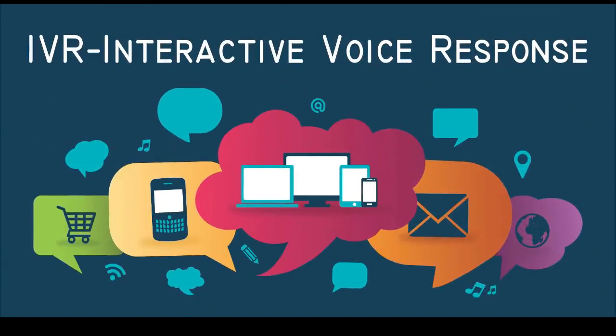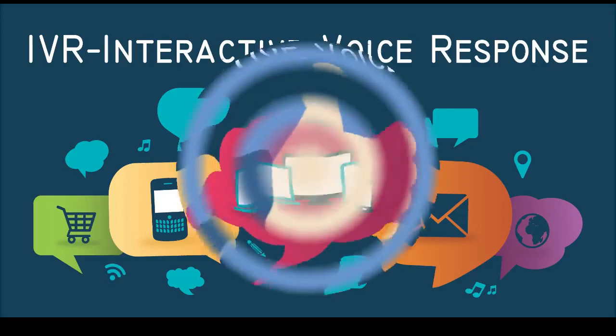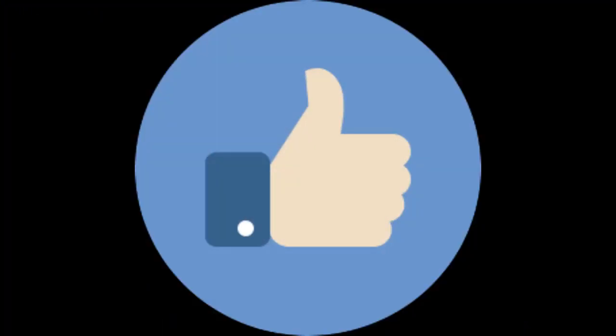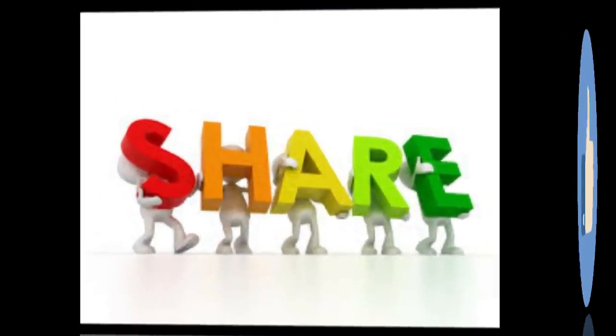IVR, that is interactive voice response, is something where through voice we get the response. For example, when we call somebody and if the person is not receiving the phone, then an answering machine will reply. So that is something like IVR. In banks, for credit card information, sometimes we use IVR recognition where our voice is recognized by the machine and then it verifies that we are the actual user of the credit card. So these are the different input and output devices. Hope it is clear to you.